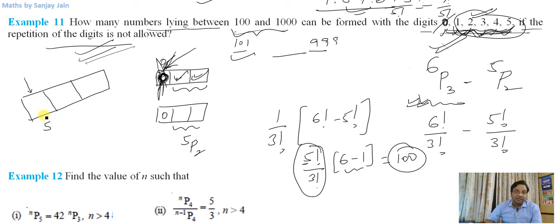Right? Now talk about the second place. This place can be filled in 5 ways. Why? Because in this place 0 is also allowed. Repetition is not allowed. So the first place can be filled in 5 ways except 0; 0 cannot be filled here. In the second place, I cannot fill the number that has come at the first place. Apart from that, every other digit can be filled here, and 0 is also allowed. So there are 5 ways to fill this place, and there are 4 ways to fill the last place. So the total number of ways will be 5 into 5, 25, into 4, 100.